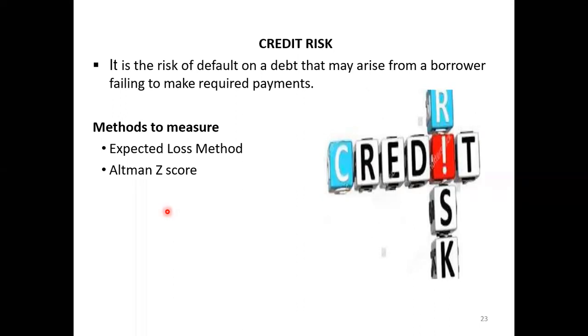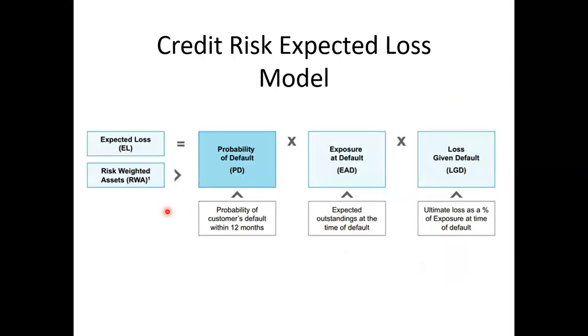There are two types of methods to measure credit risk. Number one, the expected loss method, and number two, the Altman Z-Score. When we talk about credit risk and the expected loss method, there's a formula: expected loss, EL, equals